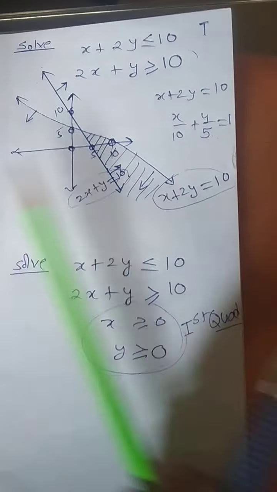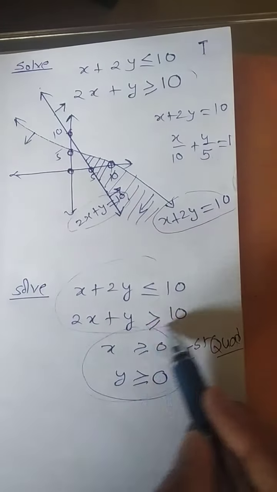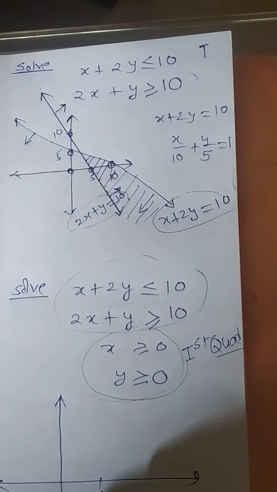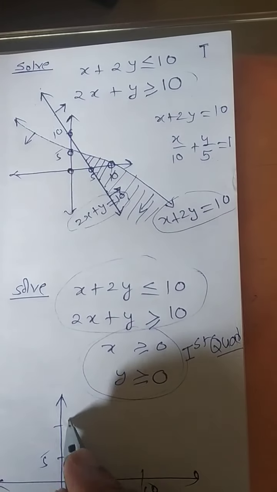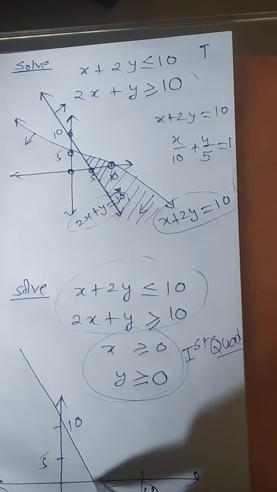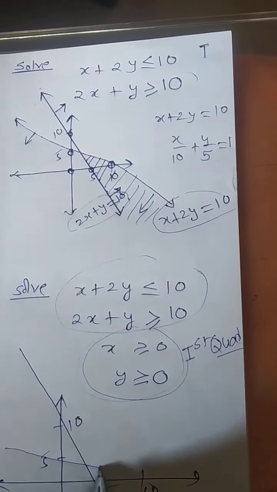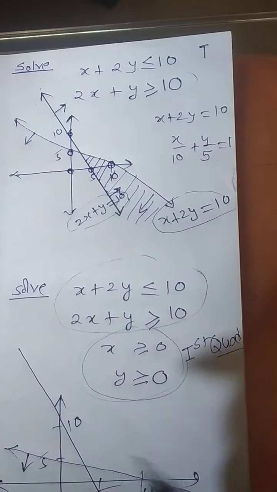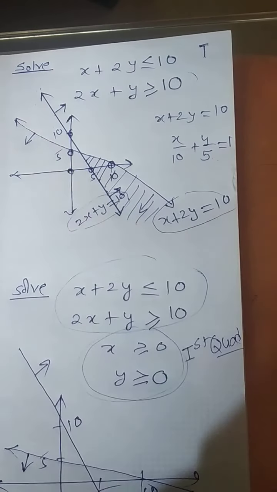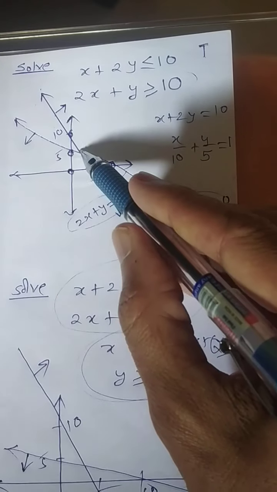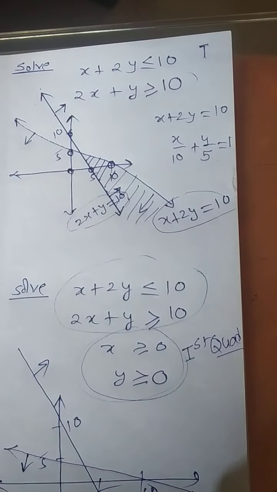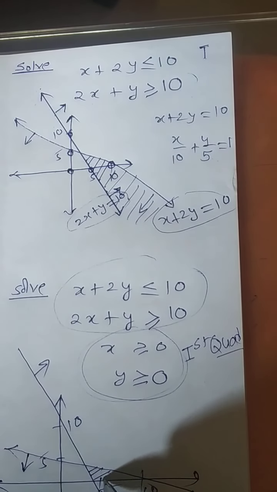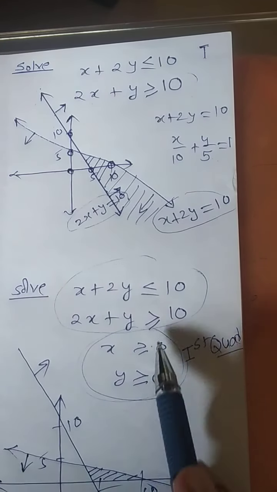Now if you look at the first and second equation, the graph remains the same. That means 5 and 10 is okay, this is 5 and 10 is also okay. With 5 and 10 you are getting this one line, and with this 5 and 10 you are getting another line. Now you are talking about down, up this one, up this one. In the previous sum we have shaded the entire thing, but you cannot go for shading the entire thing. Reason, they have given that in the first quadrant. This means in the first quadrant.